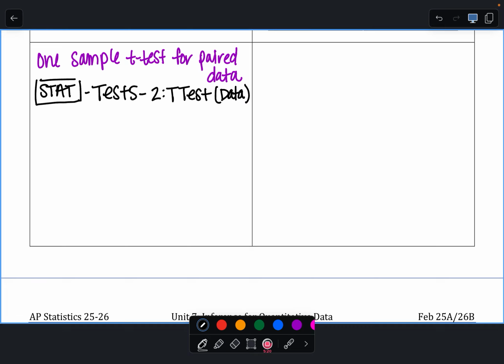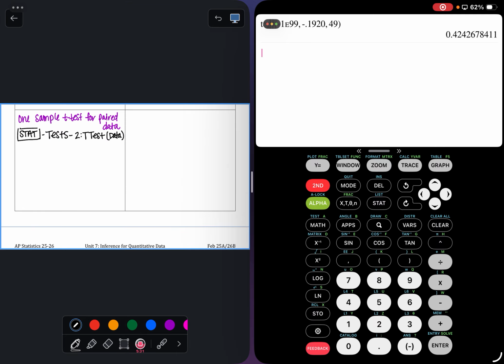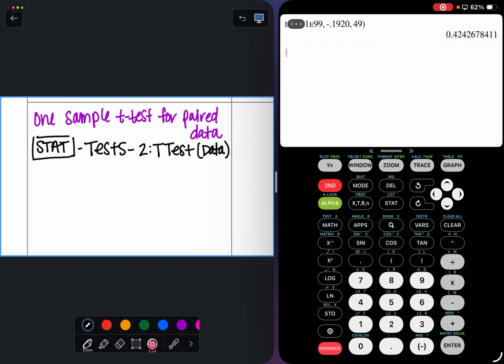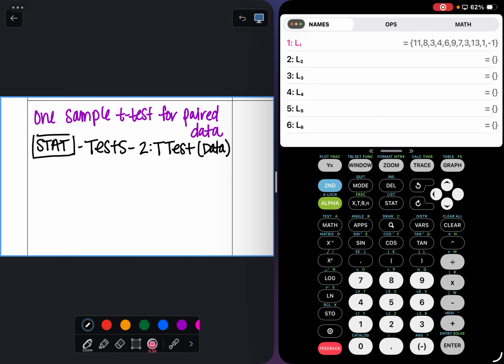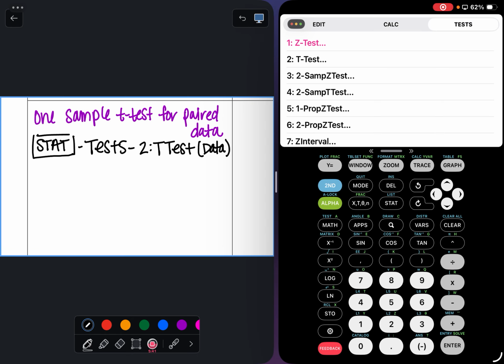It does have data versus stats. Stats would be like what we had in example 1, where they gave us summary statistics. Here, I'm going to open up my calculator just so we can see it side by side. When I go to my stat test, test number 2,